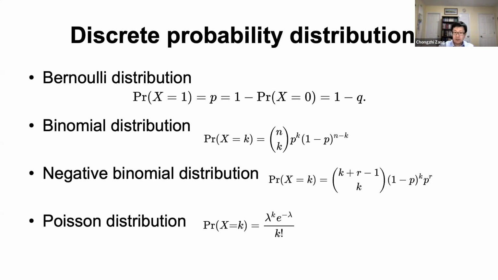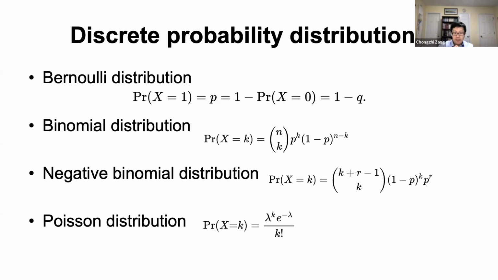And the negative binomial distribution usually has two parameters, P and R, and they're used to measure the average or the mean or the variance in